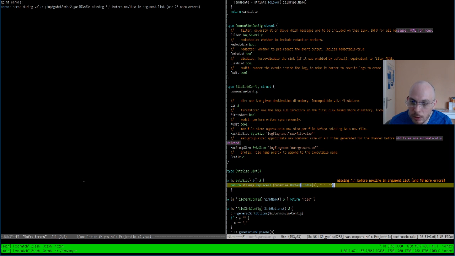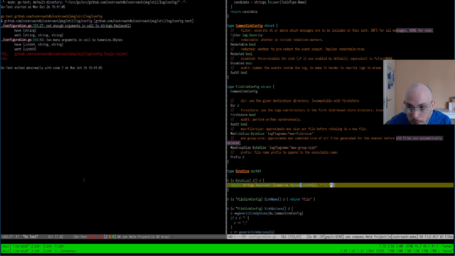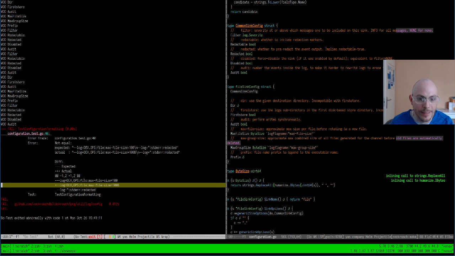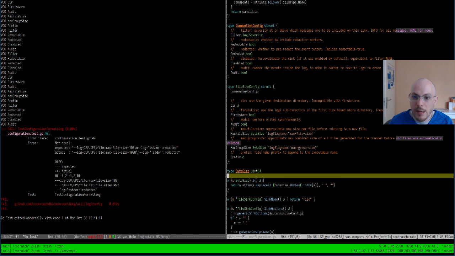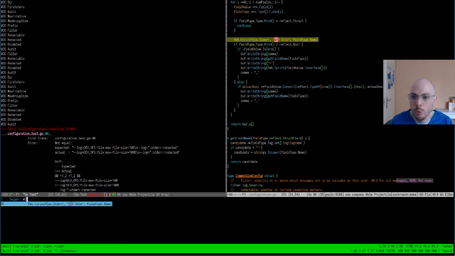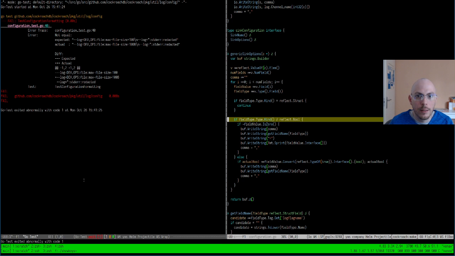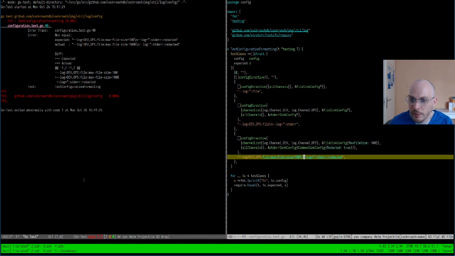It is for the greater good. Yes. There we go. 100 bytes. Now, I have this extra thing printed out. I don't need that anymore. And I also want to fix my configuration expected value.